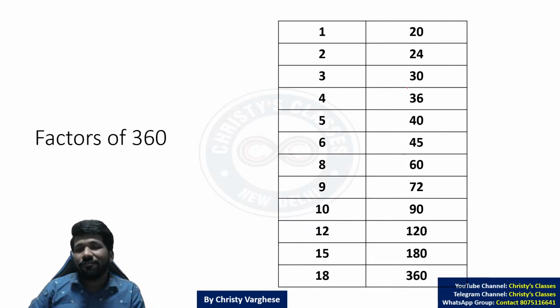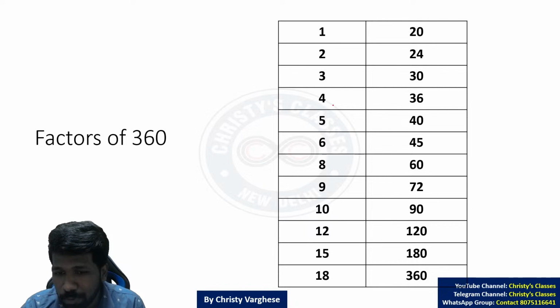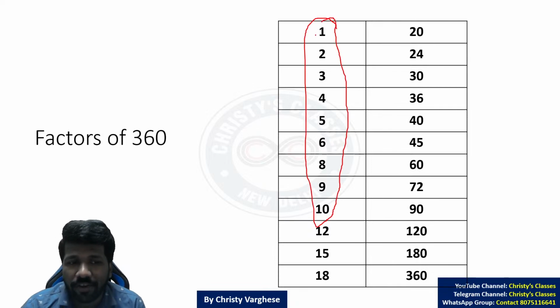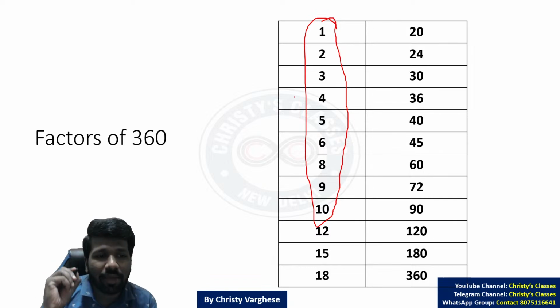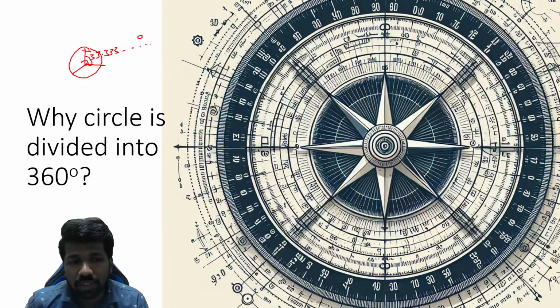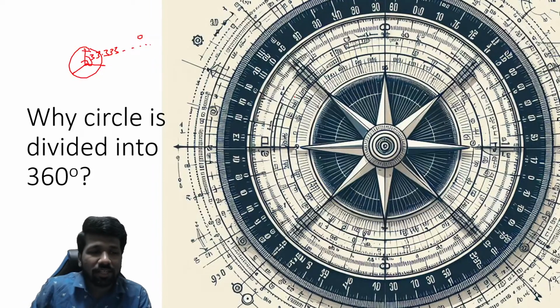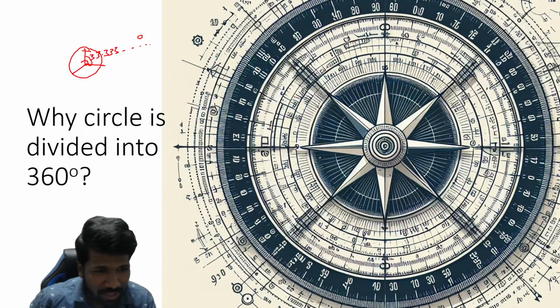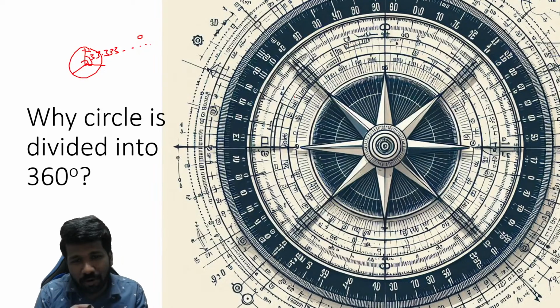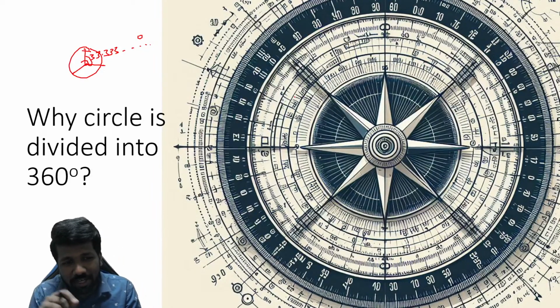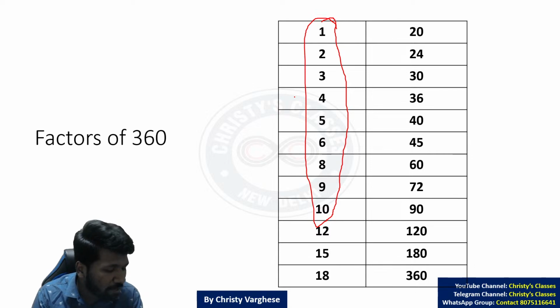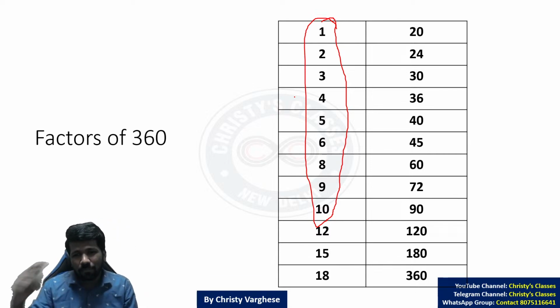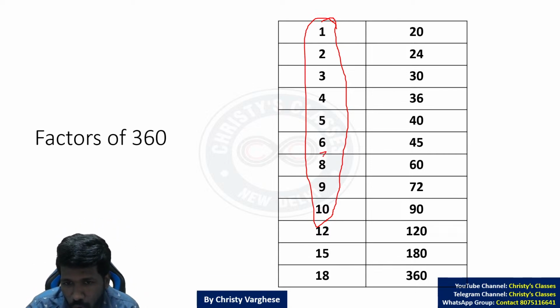It has too many factors, especially the first 10 natural numbers, 9 of them are factors of 360. This is one major reason why we have chosen 360 degree as the central angle of the circle. Again, this question is not the important point, but this leads us to the discussion of factors, the relevance of factors. All of you are getting the point. Except 7, all other numbers up to 10 are factors of 360.